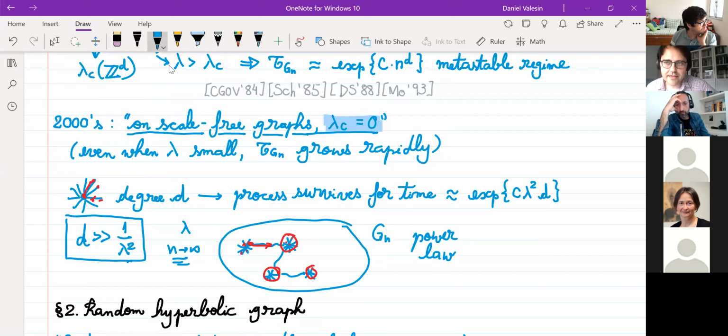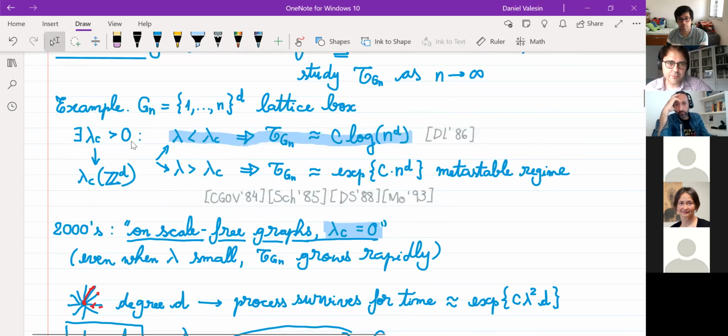So that was the sort of mechanism that people started investigating, originally at first in the preferential attachment graph. I think that was the first instance where something like this was proved. But the point that really made people interested in this was a paper by Chatterjee and Durrett, which sort of disproved earlier conjectures by physicists. In the physics literature, they were studying the contact process on the configuration model with power law degree distribution, and they predicted